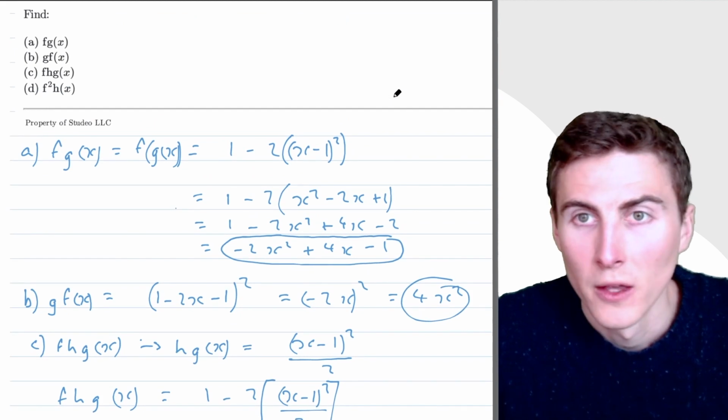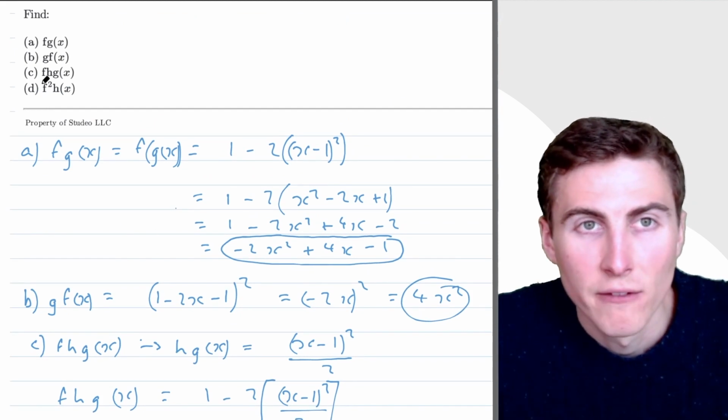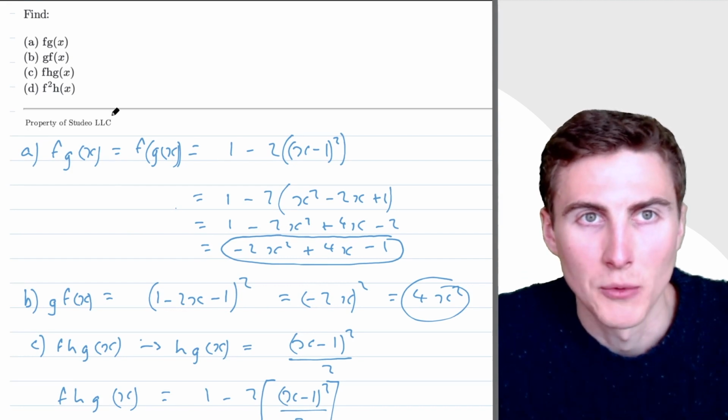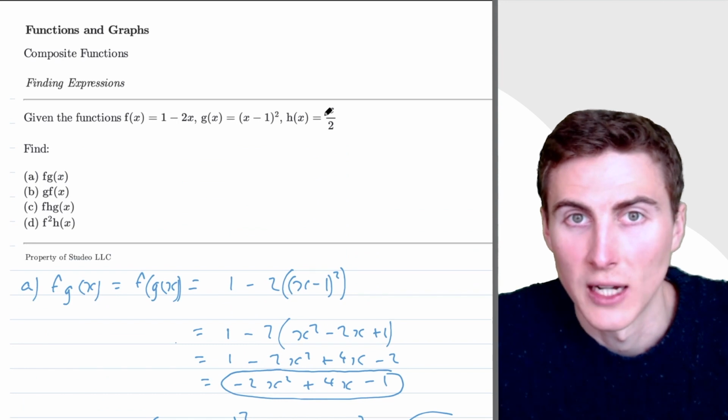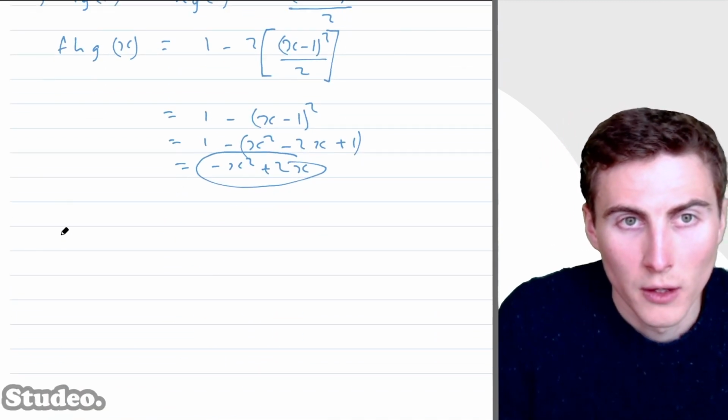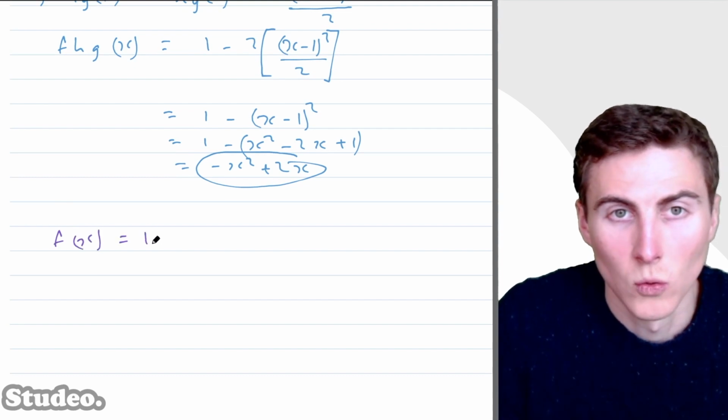Okay, so last one down here, we have f squared h of x. To make this a bit clearer, I'm just going to write out the f of x function and the h of x function. So the f of x function was 1 minus